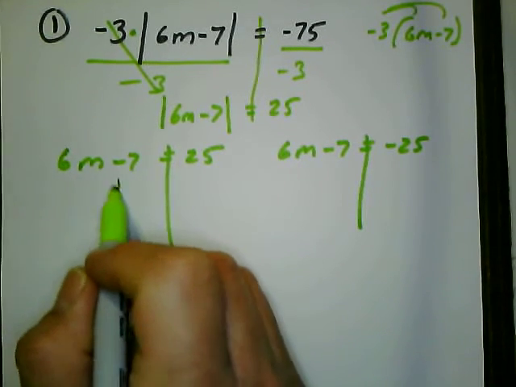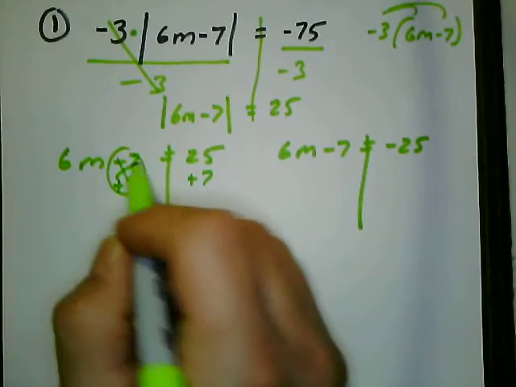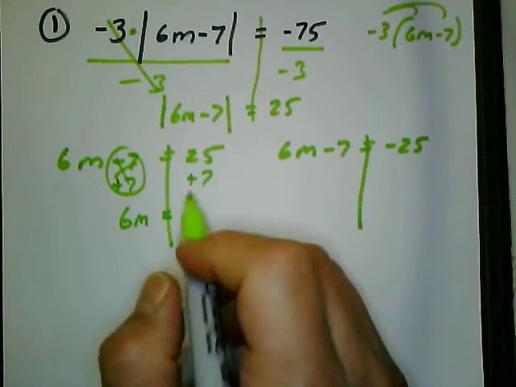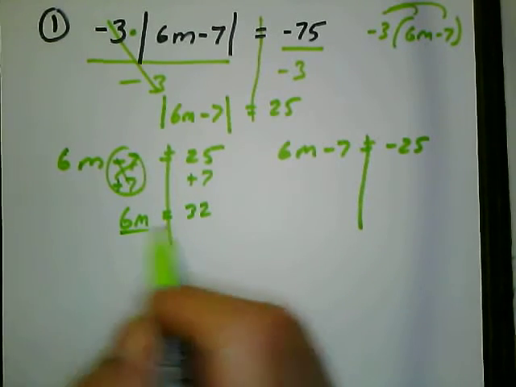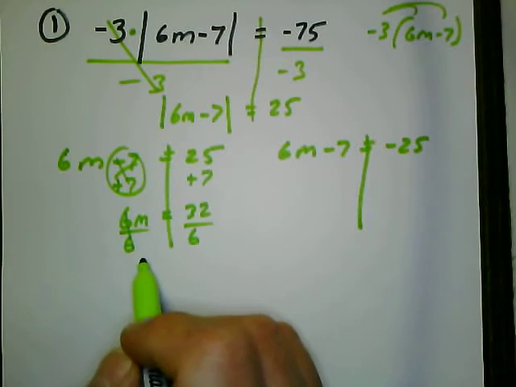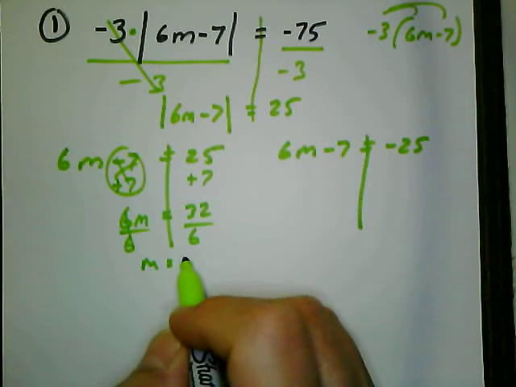Okay, so 2-step equation here. We're going to undo what's added or subtracted first. So since it's -7, we're going to add 7 to both sides of the equation. We end up with 6m on this side, and 25 plus 7 is 32. Then we'll divide by the 6 because it's being multiplied. We're left with just the m, and 32 divided by 6 is,